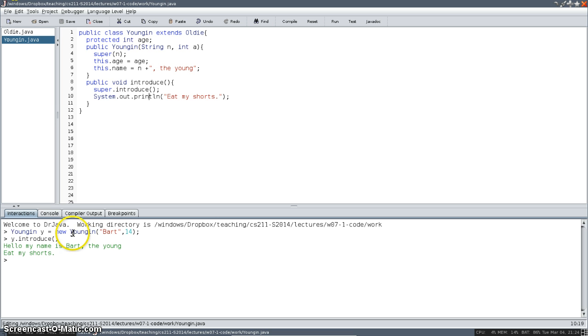One last little bit. Parents and children are related, and every instance of a child class can be treated as a parent. So I can as easily say Oldie o equals a new Youngin. Maybe we'll make this a little bit at least different. Lisa. This should indicate to you that, oh, a youngin